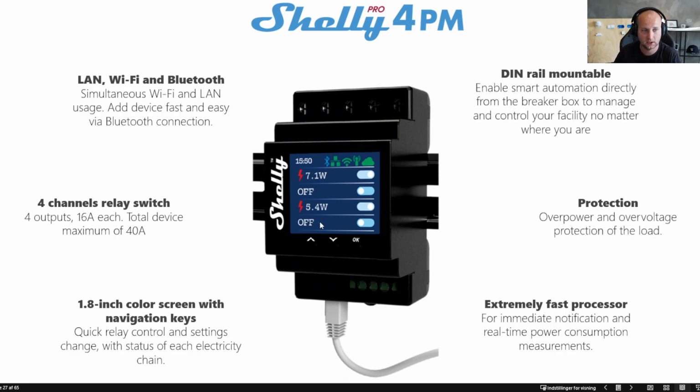It's a 4-channel device with power metering on every individual channel. You can have 4 times 16 amps. In combined power, you can have 14 amps in total, but 16 amps on each output. It's pretty nice with that screen you can see here. So you can control each channel directly from the screen. You can see the live energy consumption on each output. You can use this device for many different kinds of solutions, like 4 channels of light.